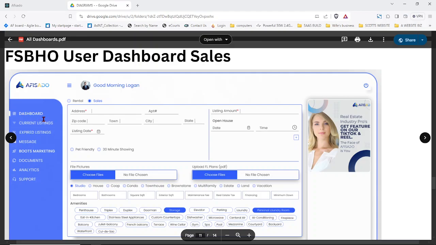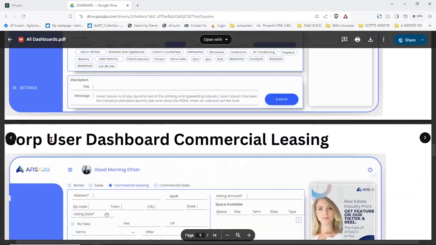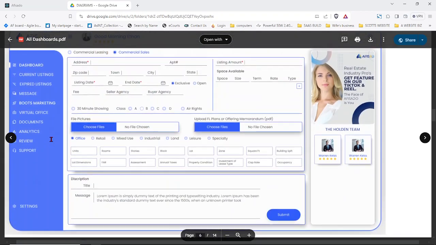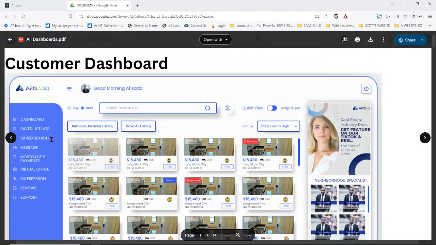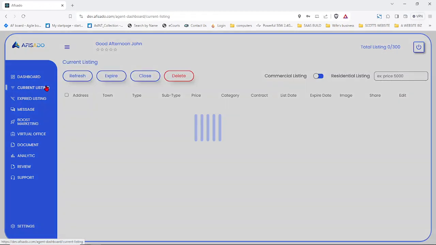There's supposed to be a salesperson on this as well. In fact, the only one that does not have salesperson is the agent because they are the salesperson. So when we go back to customers, we'll go into that. Okay. Current listing